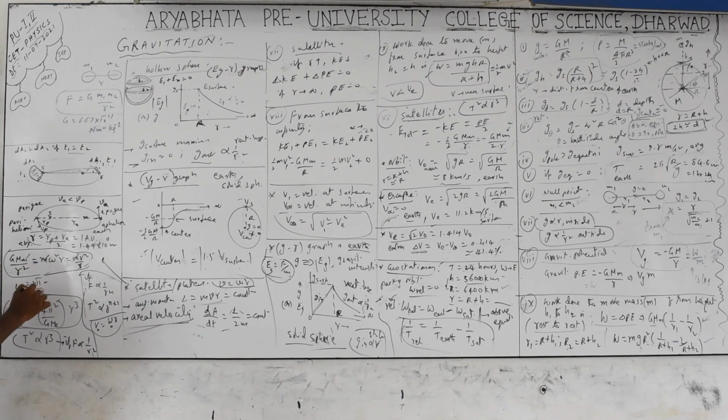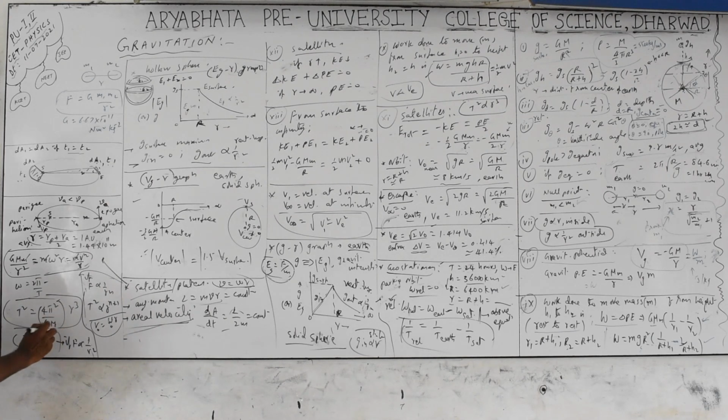Then omega equals 2 pi by T, where T is the time period of revolution. Rotation means spinning about its own axis. Revolution means rotating around another object. Here we are discussing the revolution of the planets around the sun. So omega equals 2 pi by T, so omega square is there. After manipulation, what you get is T square equals 4 pi square by GM into R cube.